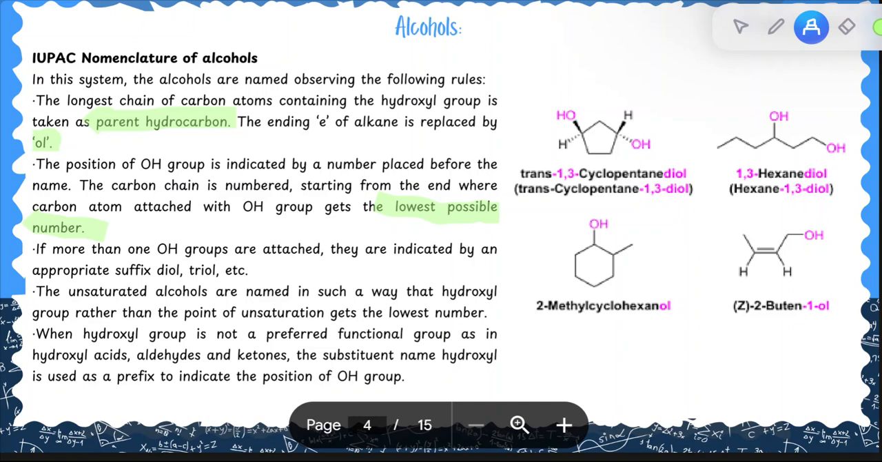And if more than one is attached, then they are indicated by an appropriate suffix like diol and triol. And unsaturated alcohols are named in a way that the hydroxyl group rather than the point of unsaturation gets the lowest number. मतलब hydroxyl group को priority पे रखा जाता है. And when a hydroxyl group is not a preferred functional group, as in compounds like hydroxyl acids, aldehydes, and ketones, the substituent name hydroxyl is used as a prefix to indicate